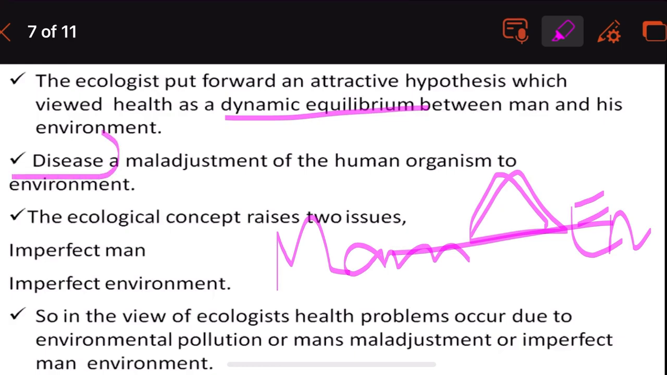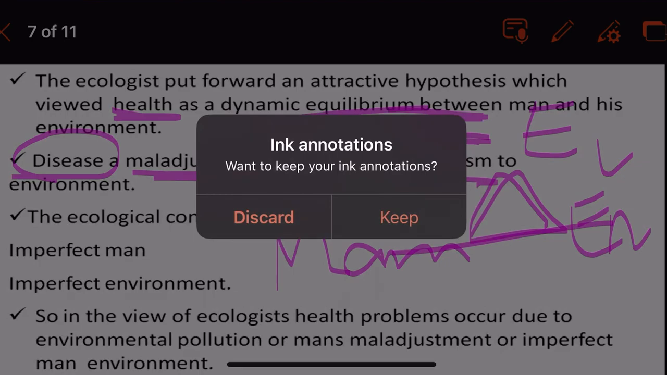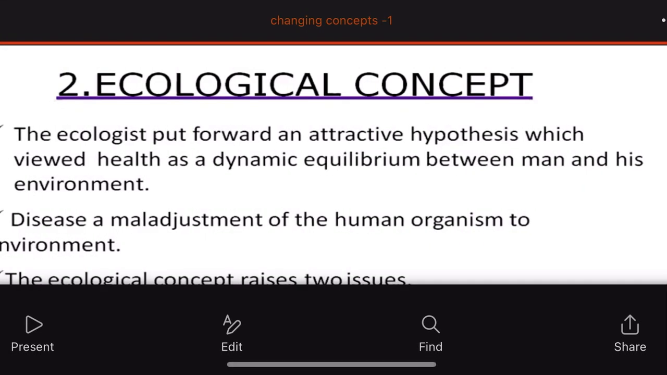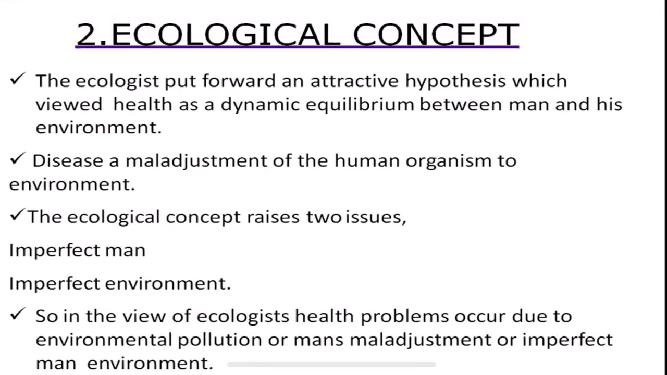So, when does disease occur? How did they define health? Health is the balance, a dynamic equilibrium between man and his environment. What is disease now? Disease is the maladjustment of the human organism to his environment. You getting it, guys? What is health? It is the equilibrium between man and his environment. What is disease? Whenever there is some maladjustment between the organism and the environment, it results in disease,